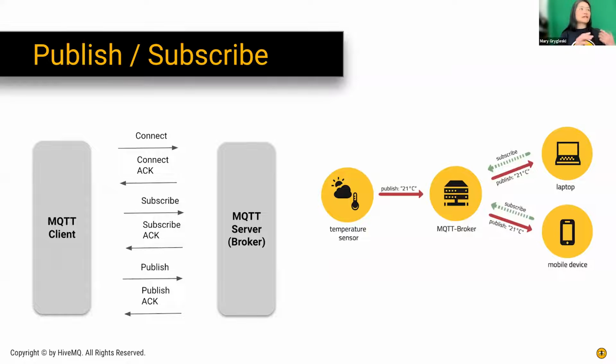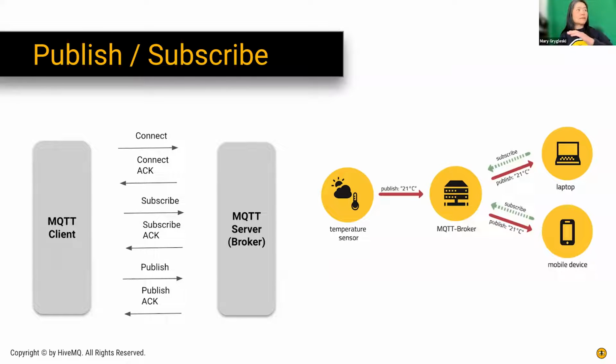And in order to communicate, it will be sending commands over to the broker. As you can see over here, it's just a quick diagram to illustrate. The basic commands are connect, subscribe, and publish. Every time you do a connect from your client to the broker, the broker will have to